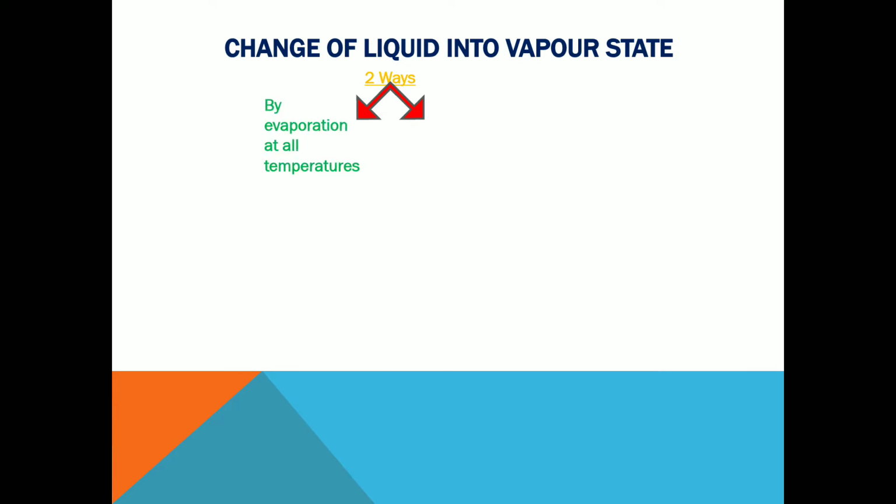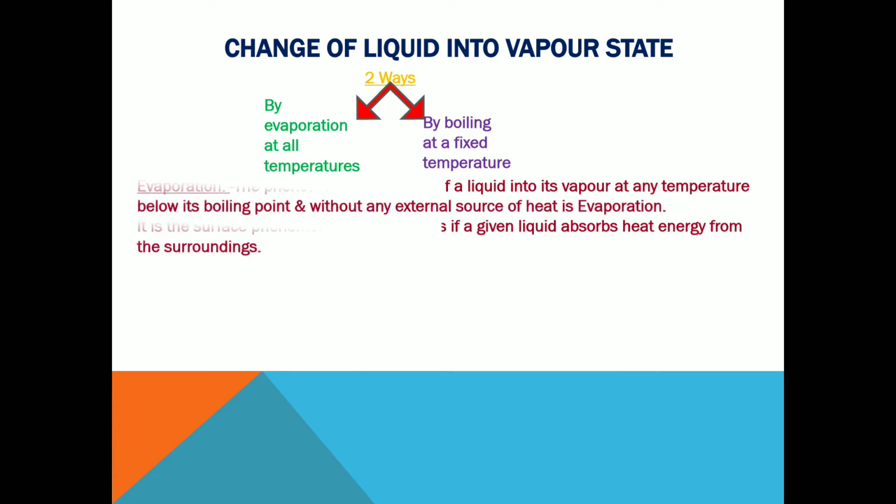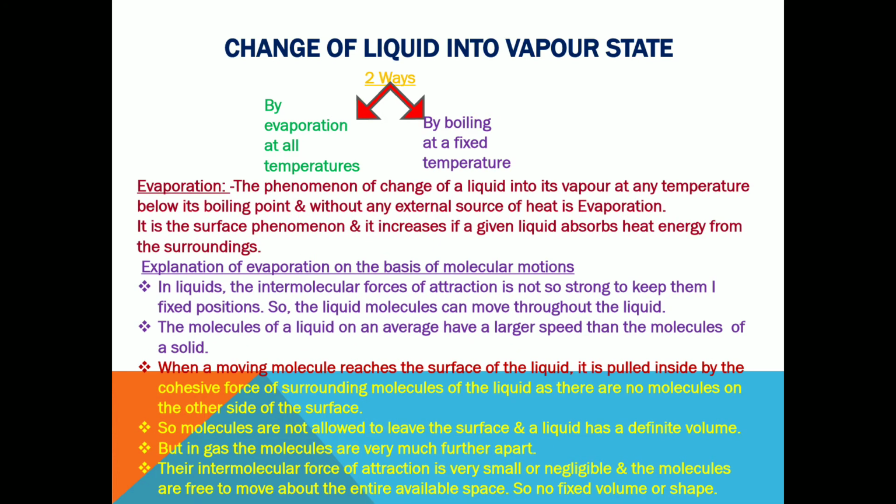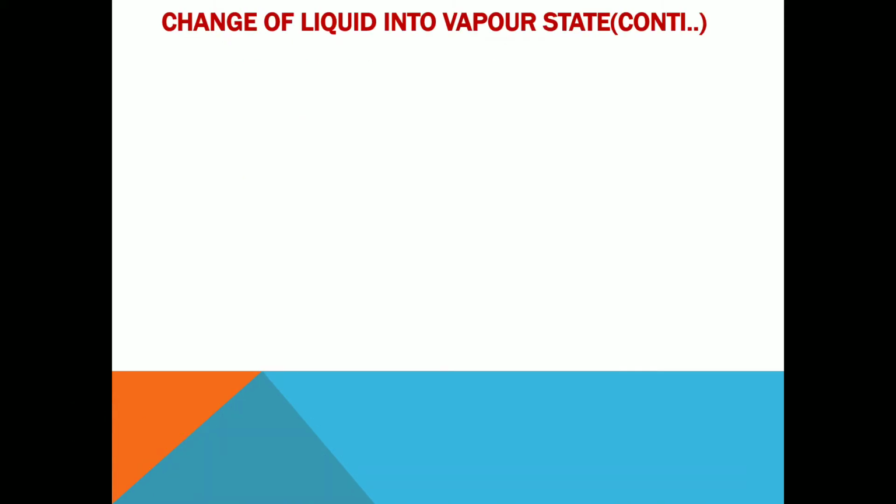There are two ways in which the liquid state changes into vapor: one is evaporation, another is boiling. I told you what evaporation is, and how the evaporation process is explained by the molecular motions, and then